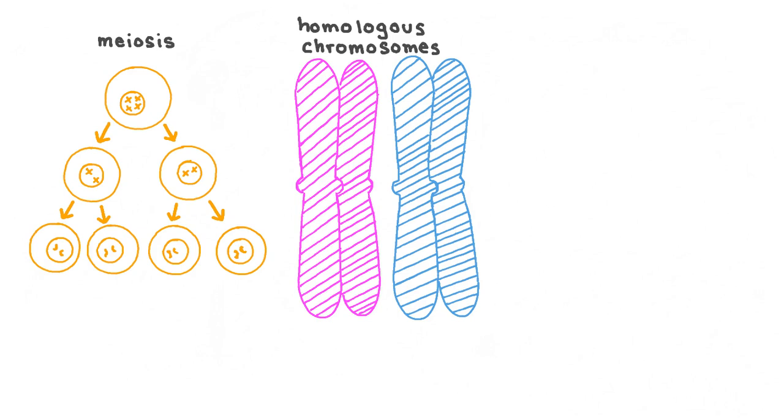When we're discussing meiosis, we'll be seeing this replicated, somewhat X-shaped representation of a chromosome. During the preparation for the first division in meiosis, a cell has 23 pairs of replicated chromosomes.